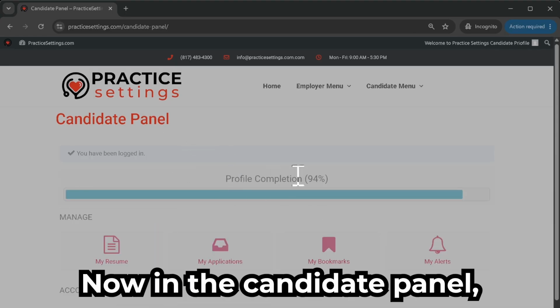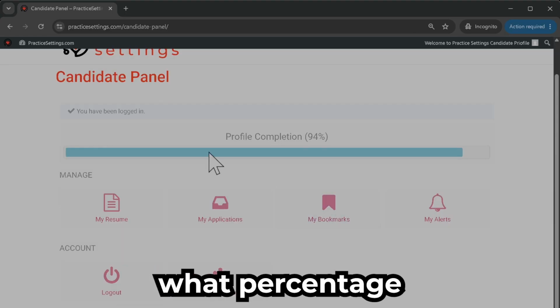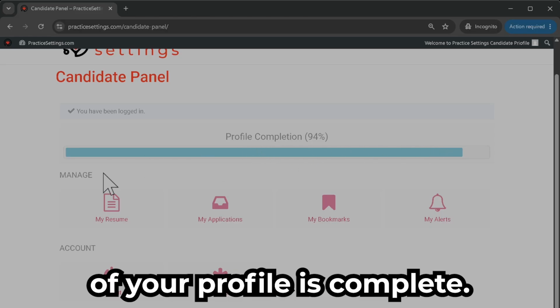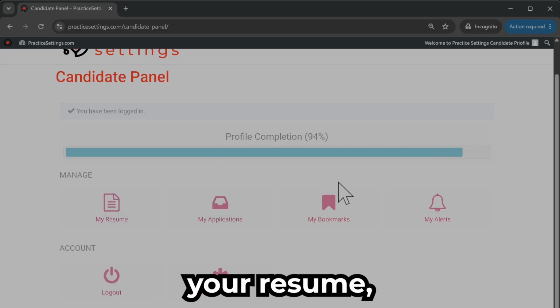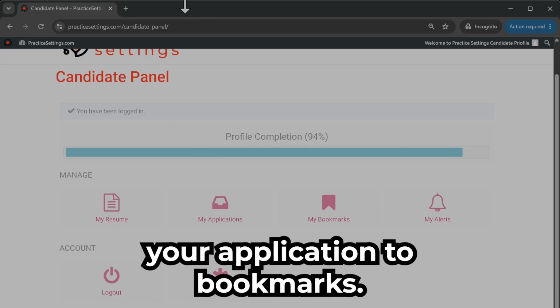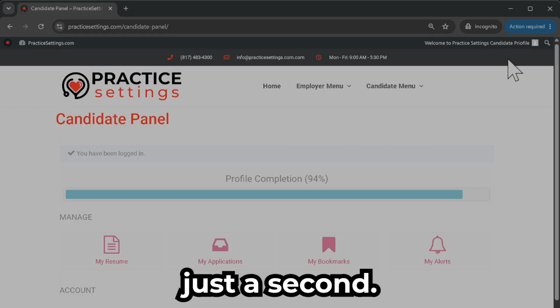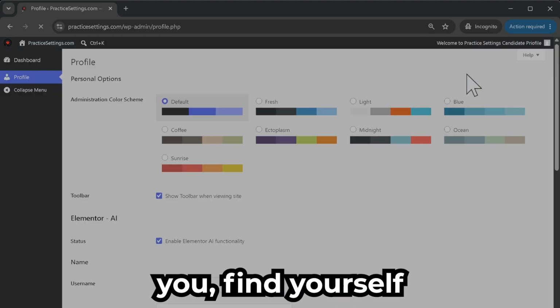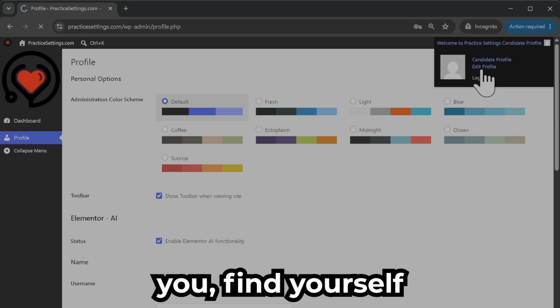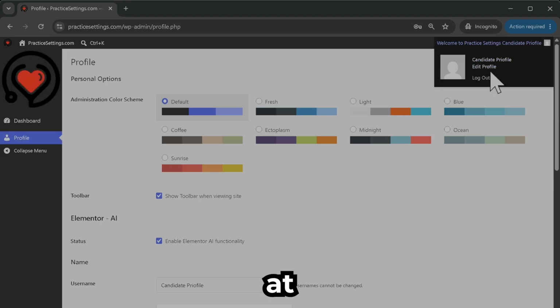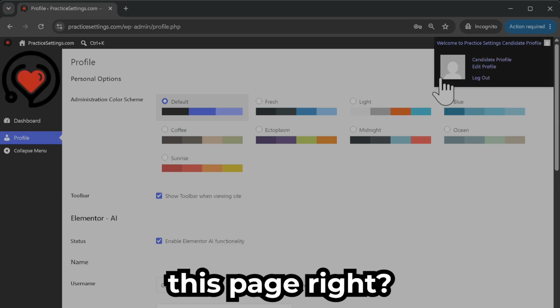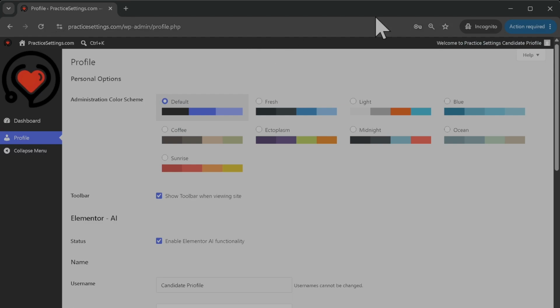Now, in the candidate panel, it will show you what percentage of your profile is complete as you're building your resume, sending your applications, and bookmarking. I do want to take just a second. If for some reason you find yourself at this page,